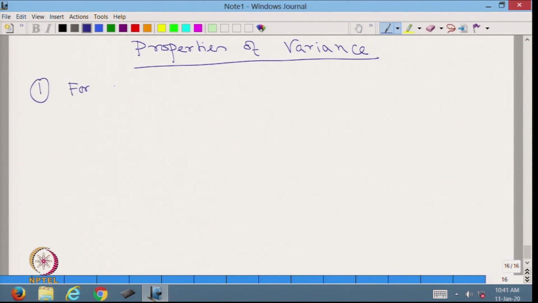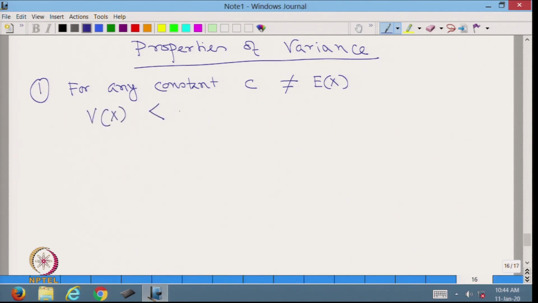For any constant C not equal to expected value of x, variance of x is less than expected value of x minus c whole square. This is very simple, since expected value of x minus c whole square is equal to expected value of